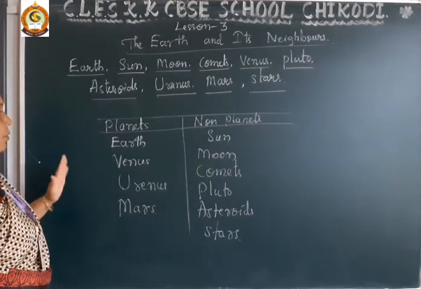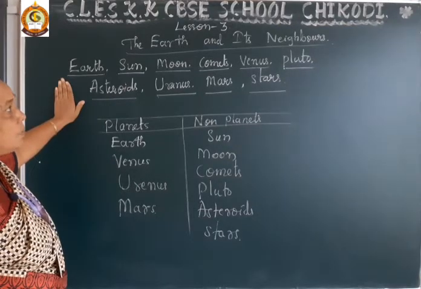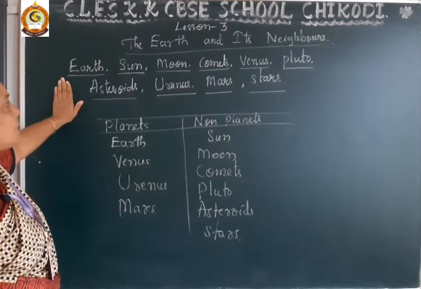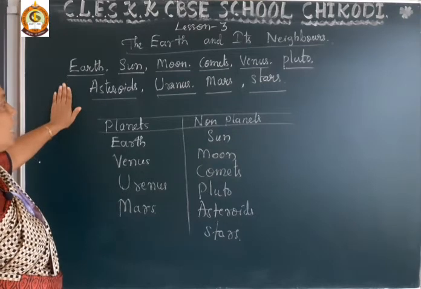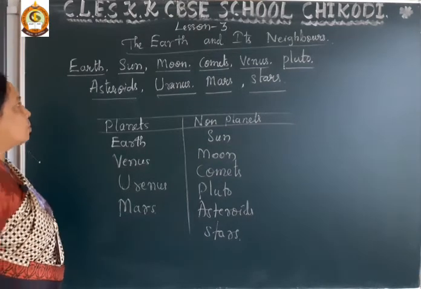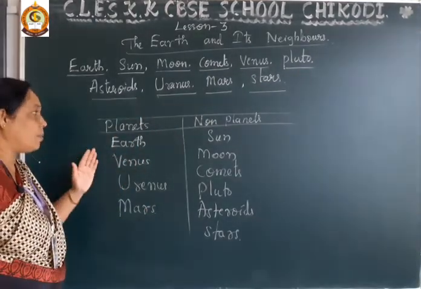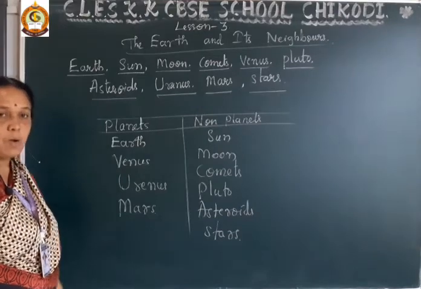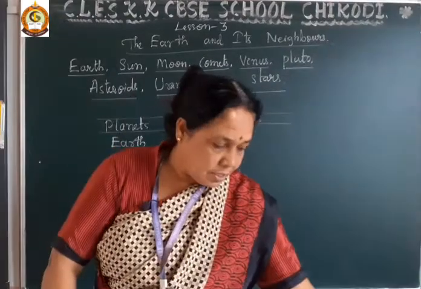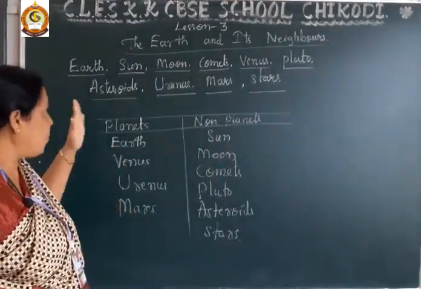Dear student, it is not given in the textbook. If you are searching in the textbook, it is not available. Just for your more knowledge, I have given this activity from myself. By doing tables like these, you will better understand which is a planet and which is a non-planet. Because of this, I have given this activity. So, you have to complete it.